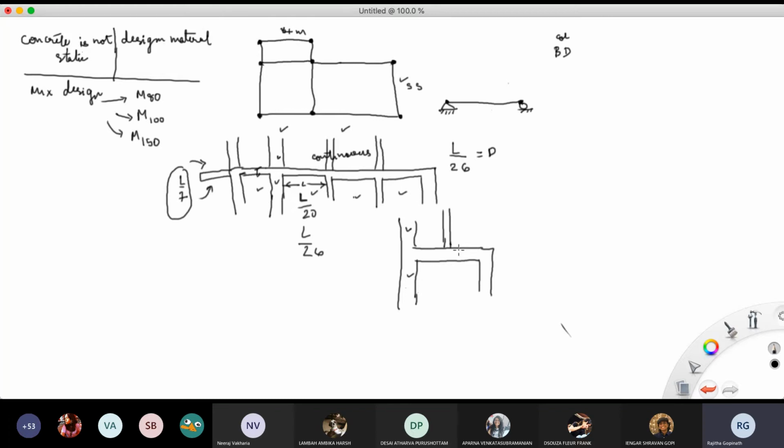It's not like you can have a floating column and rooms or whatnot on its sides. So it's best avoided, but underneath a floating column you have a deep beam.